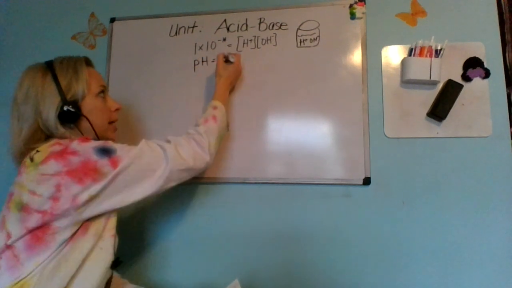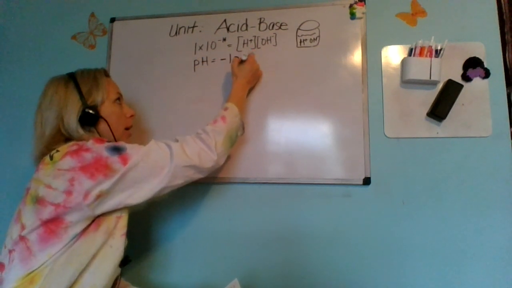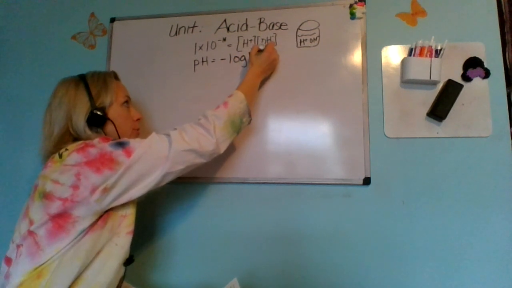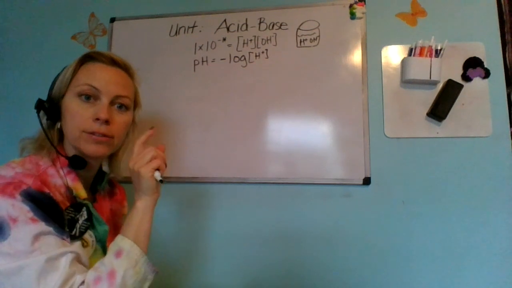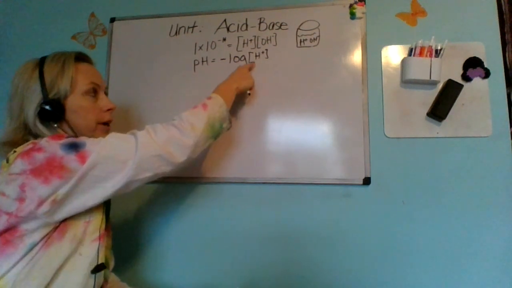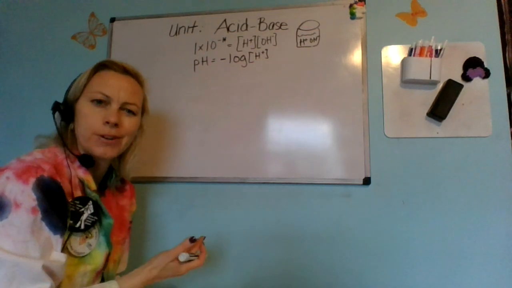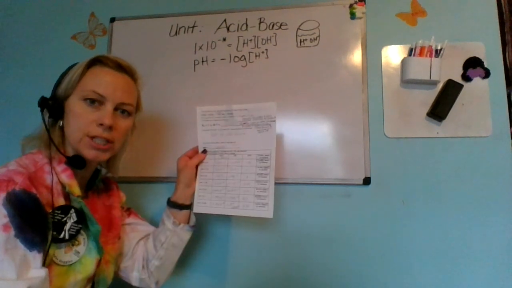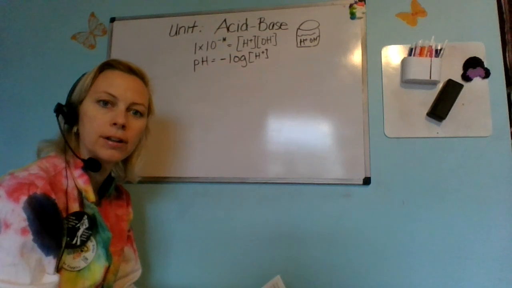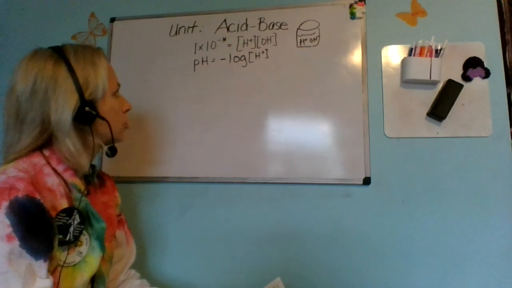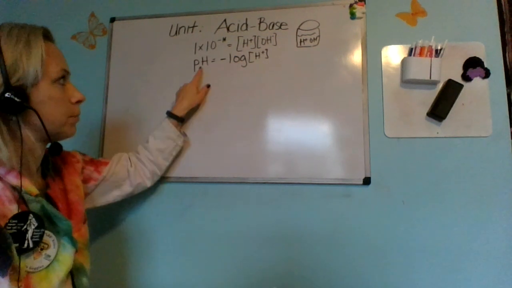I want you to fill in that pH is the negative log of your hydrogen concentration. So in the calculator, you would press negative log and then whatever the hydrogen concentration is. Well, let's say you're not given the hydrogen concentration. In this worksheet specifically, I've given you pHs on all of the problems. So if that's the case, and we're given pH,